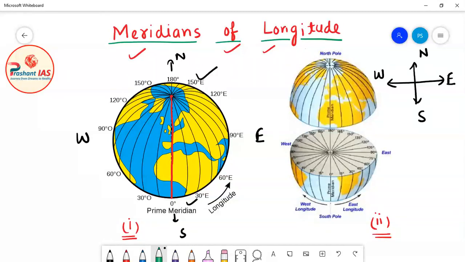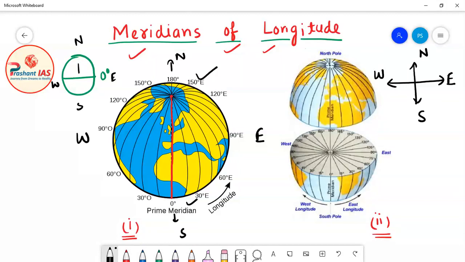Now friends, what conclusion can you draw by seeing this prime meridian and all these directions? Remember, in the class on latitudes, when I taught you about the equator, I told you that the equator divides the earth into two equal halves. For example, if this is the earth and this is the equator, the equator means 0 degree latitude. So the equator divides the earth into two equal halves. If we have to identify the directions here, this is north, this is south, this is east, and this is west. So the equator is dividing the earth in the north and south directions.